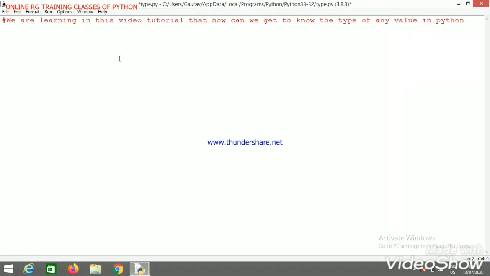To start with, suppose x has a value 10, y has a value 45.6, and z is equal to Python.